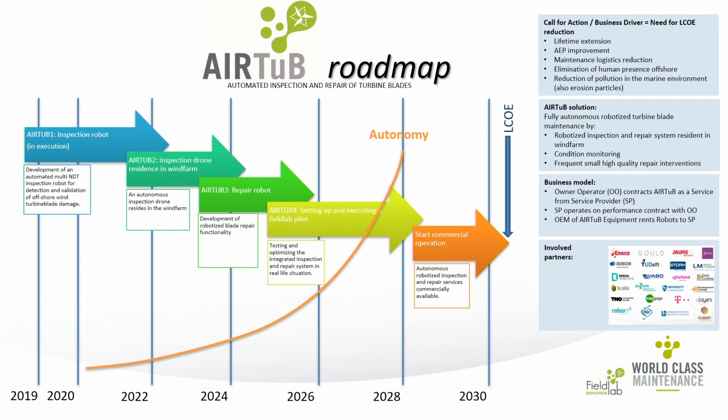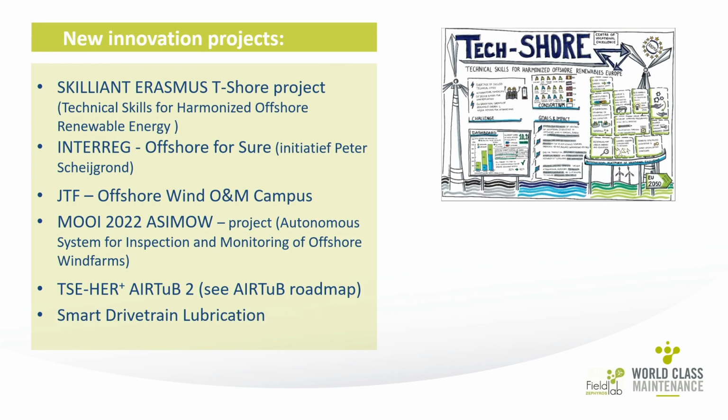In AIRTuB 2, we have the ambition to work on further developing the inspection methodology, for instance lightning damage inspection, which is apparently rather relevant. Besides that, we want to work on the residence of the inspection robots in the wind farm as well. That is a new project which is being developed at this moment, and which we'd like to start up next year. Here is a brief overview of other projects that we are working on within Field Lab Zephyros,